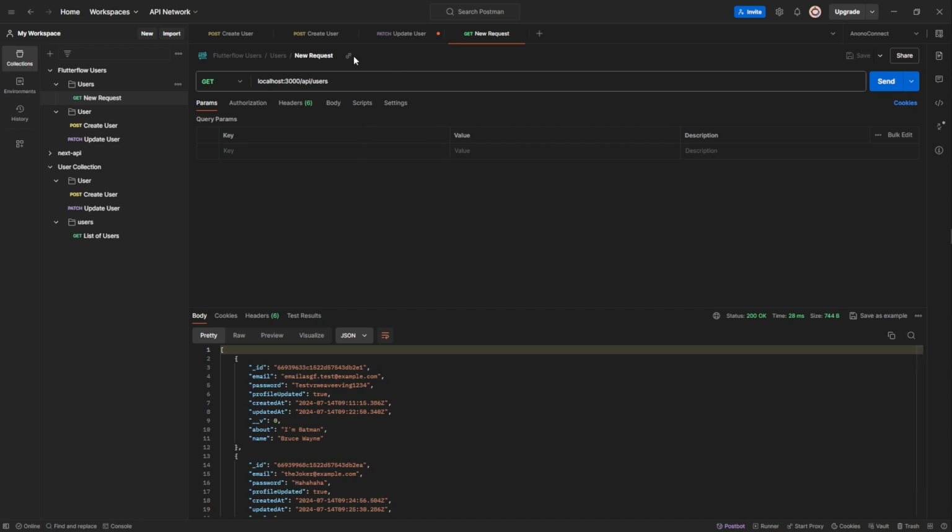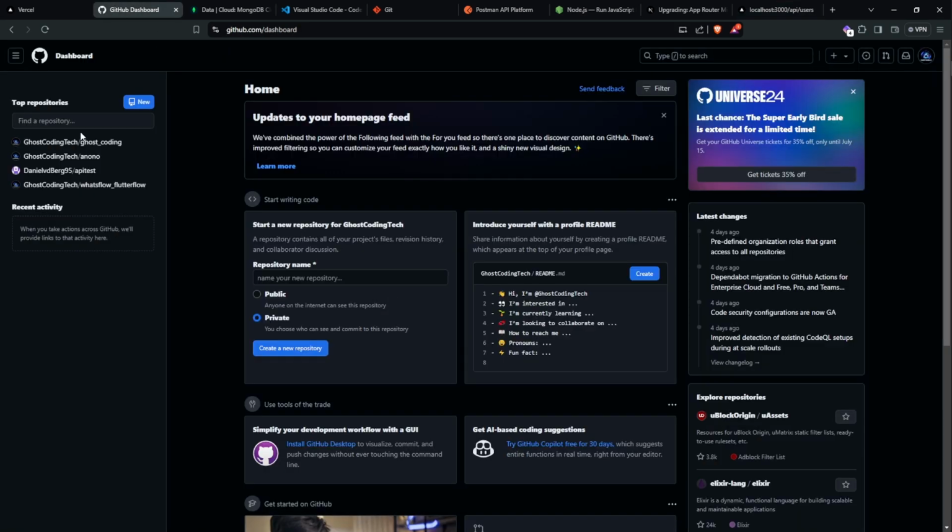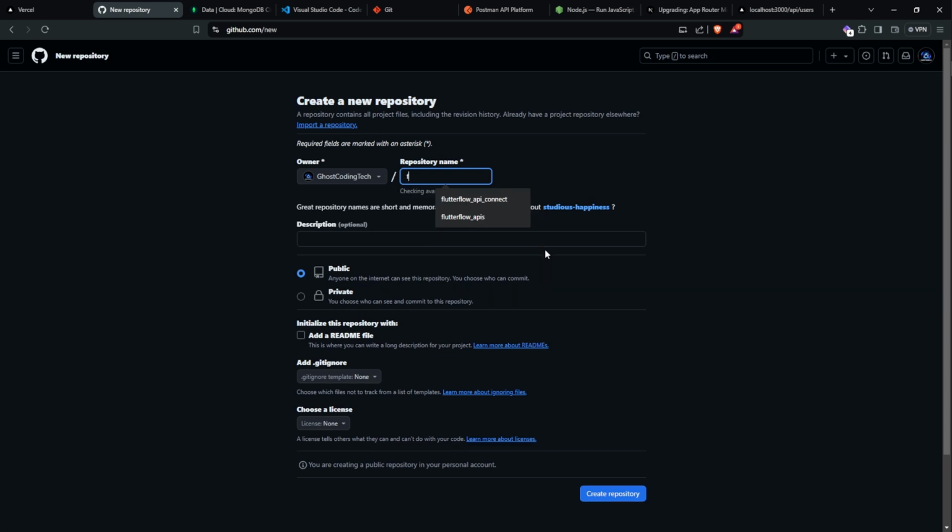So I am very happy with both of these. We can just say get all users and click Control S, and then we can now start deploying this to GitHub. To do that, the first thing that we need to do is create a new repository. So we're going to say new, and I'm going to call this the